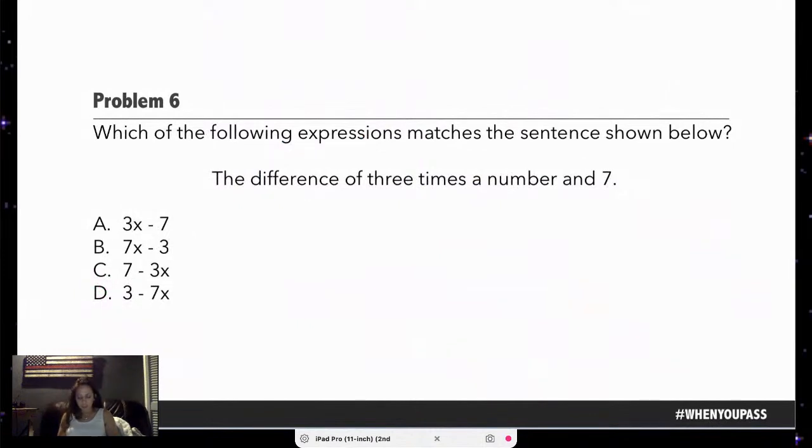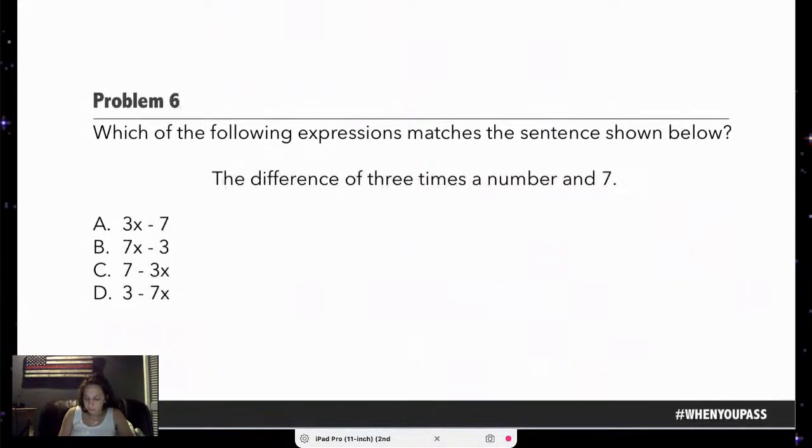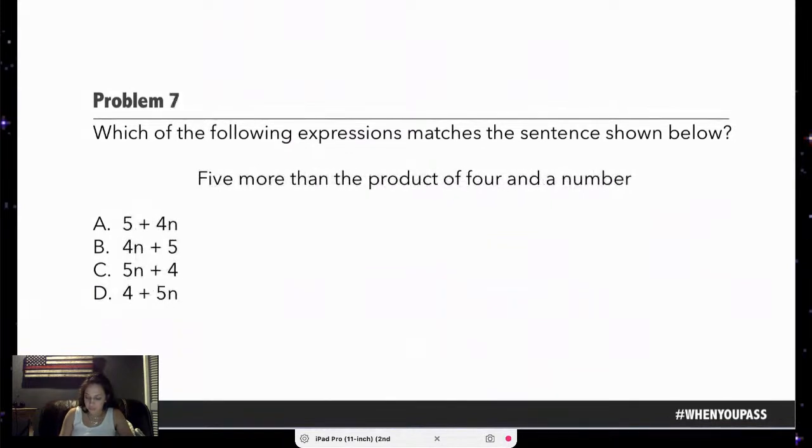Which of the following expressions matches the sentence shown below? I get on a whole kind of train about this one. The difference of 3 times a number and 7. Actually, I want to do this one first. It's the same problem, okay? It's just different words. So, 5 more than the product of 4 and a number. So, if I was to literally translate that,